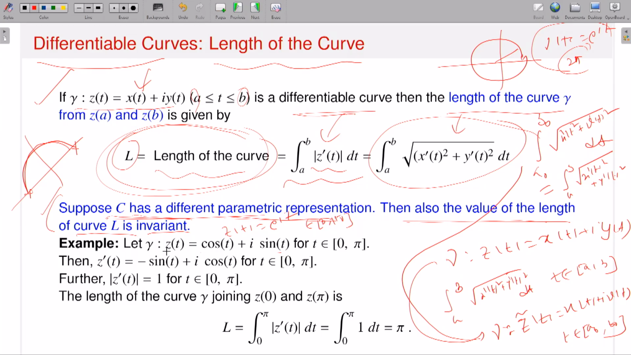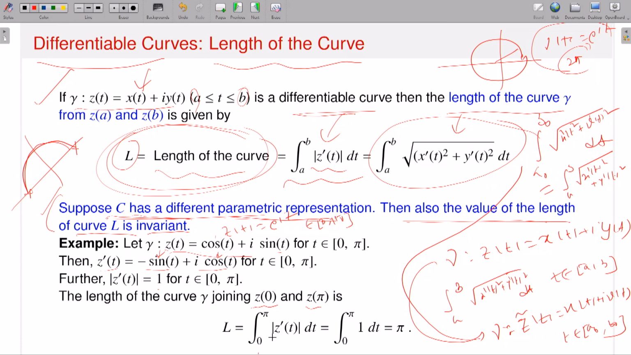How to calculate it? Since I have a parameterization z(t), calculate z prime of t. This is minus sine t plus i times cosine t. That means z prime of t is nothing but the derivative of the components. So the derivative of cosine t is minus sine t, and the derivative of sine t is cosine t. What is the absolute value? Again it will be 1. And the length of the curve joining z equal to 0 to z equal to pi